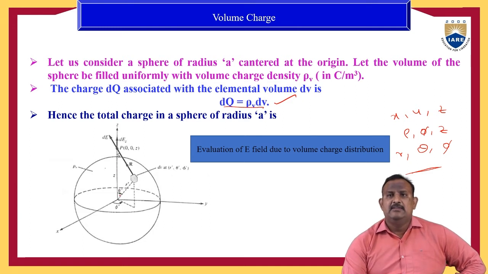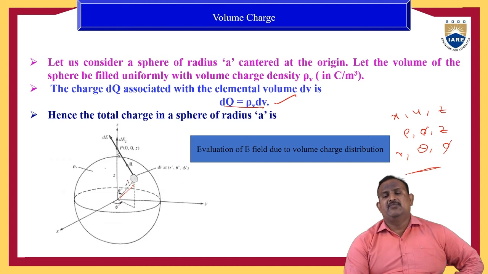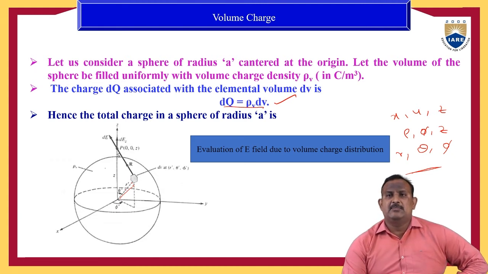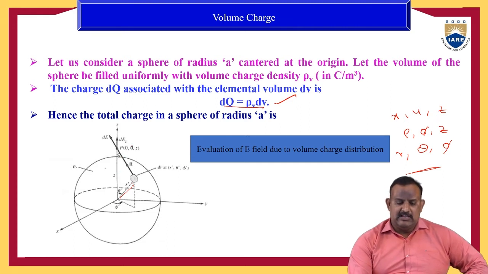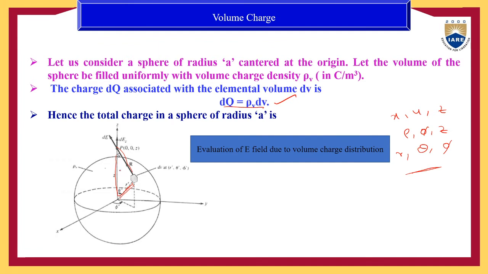So here theta is there, and this side is r dash. The differential volume dV is placed at a distance r dash from the origin. Next, here the point P is there. The distance between the elemental volume and point P is r, and the distance of the point P from the origin is z. So here we can assume the triangle OVP. You can assume this triangle for further discussion.